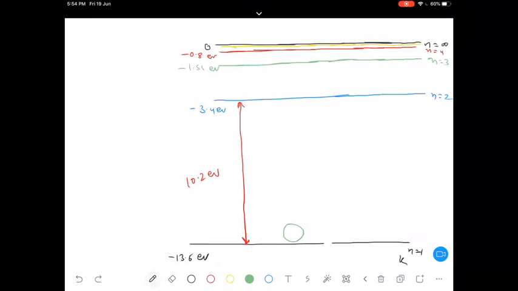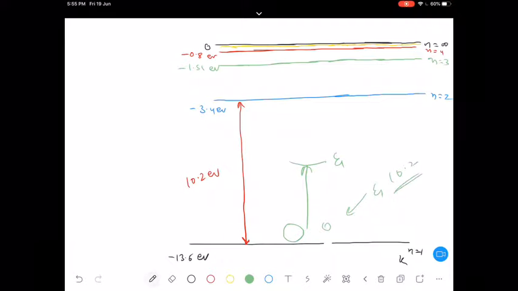Basically you have to supply energy. Giving some energy, yes, of course. If you give it some energy, its energy will increase. Let's say right now its energy is 0. If you supply some energy, it will reach up to a certain height where its energy is higher. In the same way, if you supply 10.2 electron volt of energy, right now its energy is minus 13.6 electron volt, it will become equal to minus 3.4 electron volt. So it will reach this first orbit.